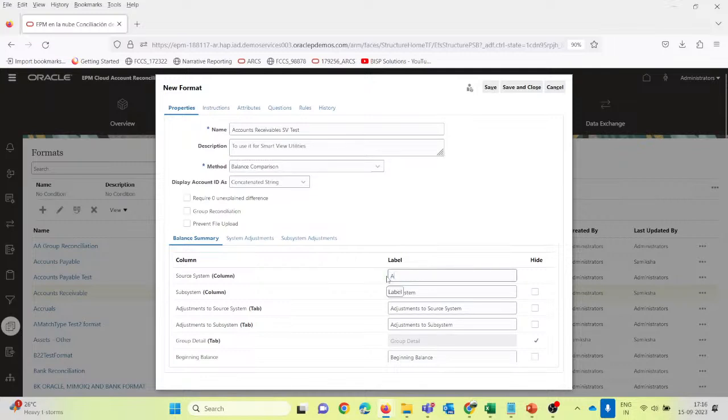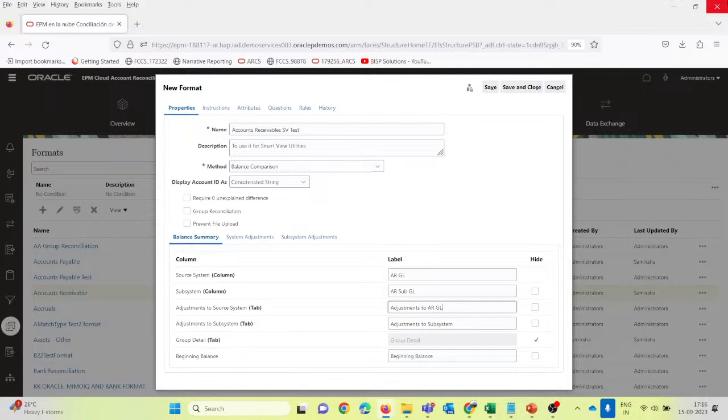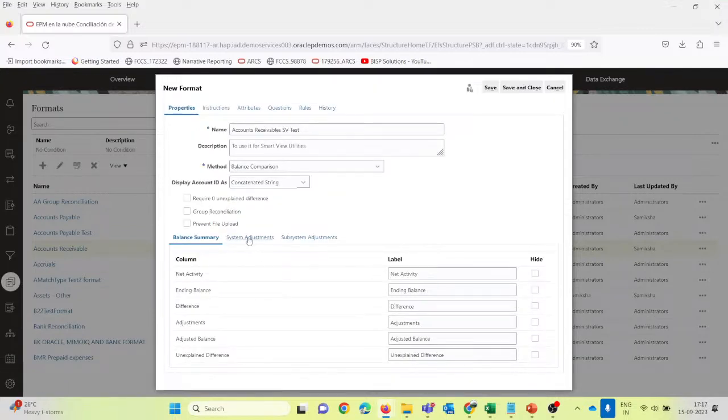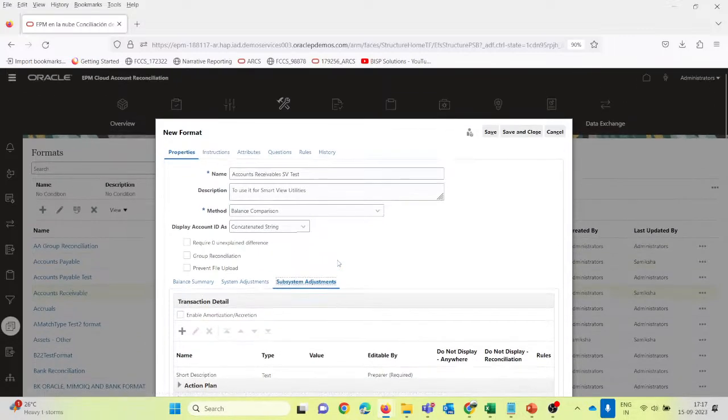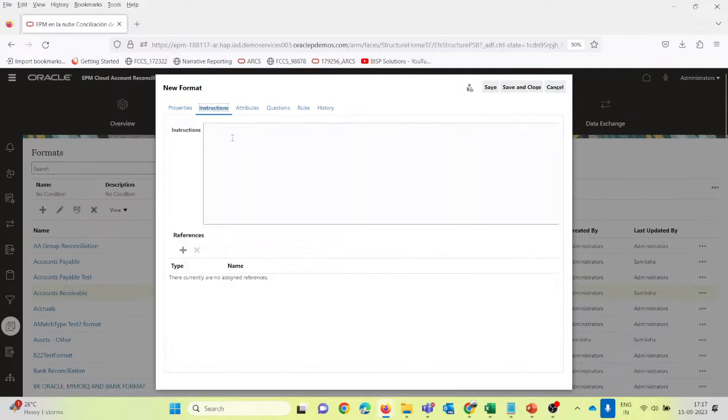We will be using ARGL, and for the subsystem it will be AR sub GL. So here the adjustment will be AR GL, and the adjustment to subsystem we will call adjustment to AR GL. The other fields will remain the same. There is nothing to do with the subsystem and subsystem adjustment. Instruction: